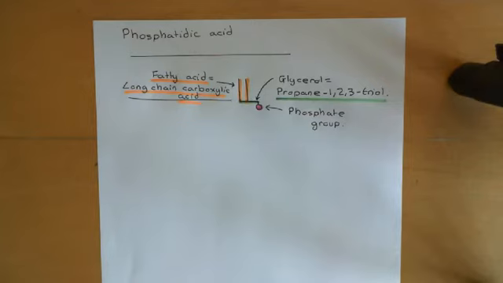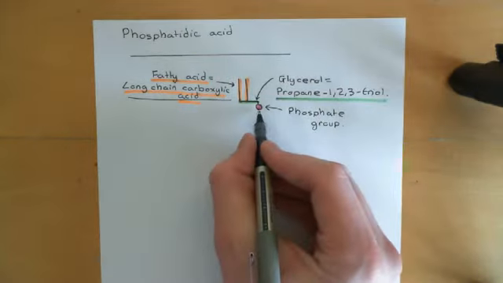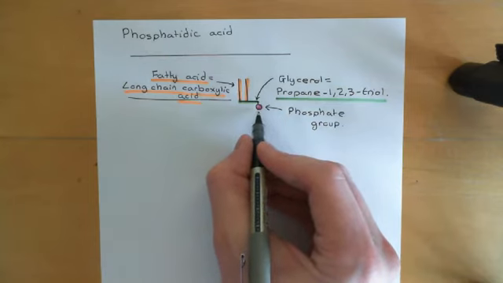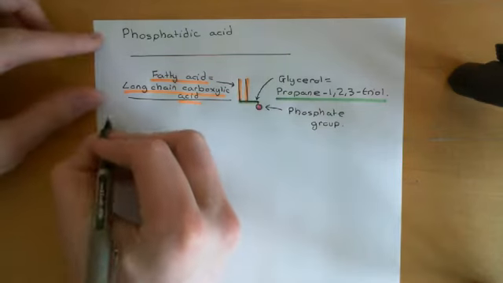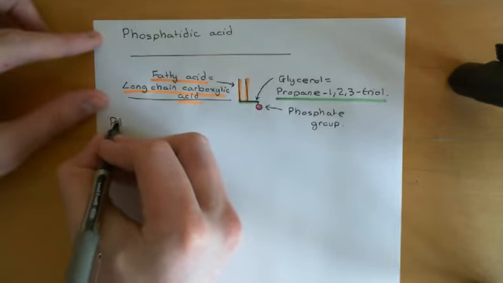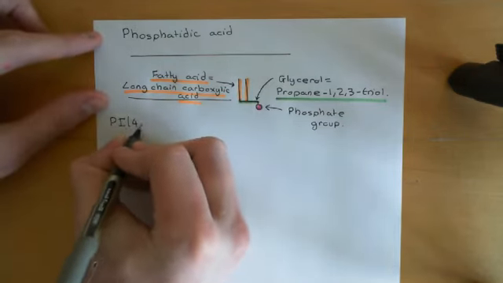However, the main components of the phospholipid bilayer are not pure phosphatidic acid itself, but the derivatives of phosphatidic acid. And the way that you get these derivatives of phosphatidic acid is by adding additional things onto this phosphate group here. Now the derivative that we're interested in at the moment is this phosphatidyl inositol 4,5-bisphosphate molecule,